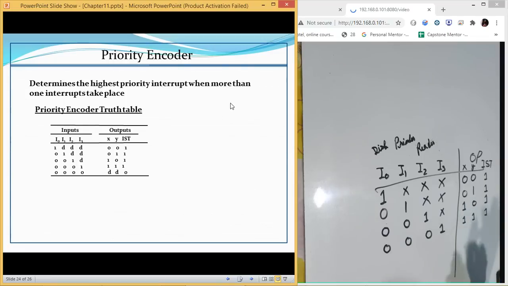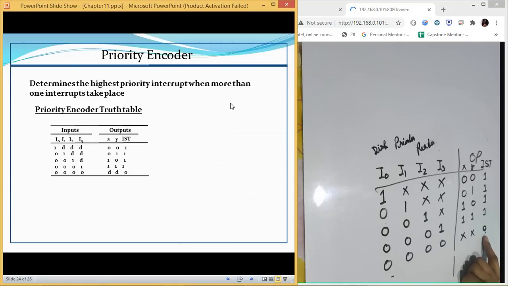Okay, so IST is there. If none of the devices is generating an interrupt, all are doing their own task, it is fine. No device is having an interrupt, which means it will not work. So that is why these two processes are here, and IST value is 0. Now if IST value is 0, it means you can't interrupt the CPU. If there is no interrupt generated, why should we interrupt the CPU then? So that is why this IST is 0.